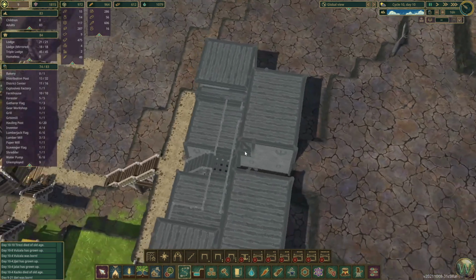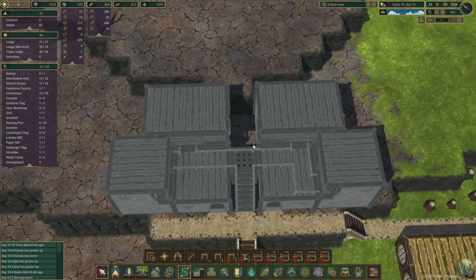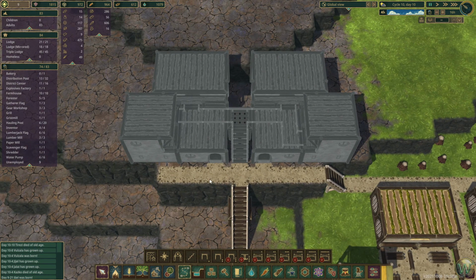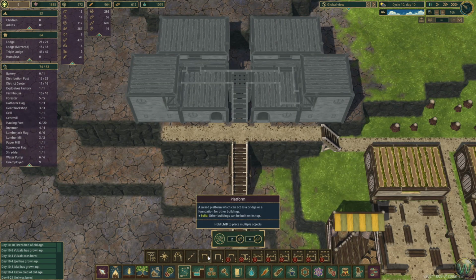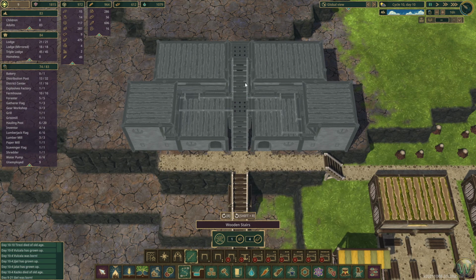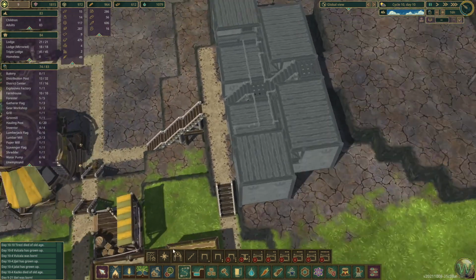And then I think we could even build up further to another story. So let's see what that might look like. We need one height there, two height behind it. That can go up. And then we could build...